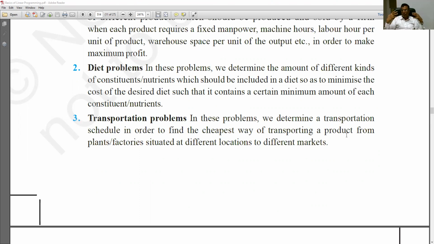But if you are in the industry as a manager, or if you are managing all the things of the production, then you have to face the daily problems of transportation, that is, how the to and fro situations are handled by the different data and the expenses that occur during that process. You have to formulate, calculate, and then minimize the cost, that is, how by minimum resources we can get maximum benefit.